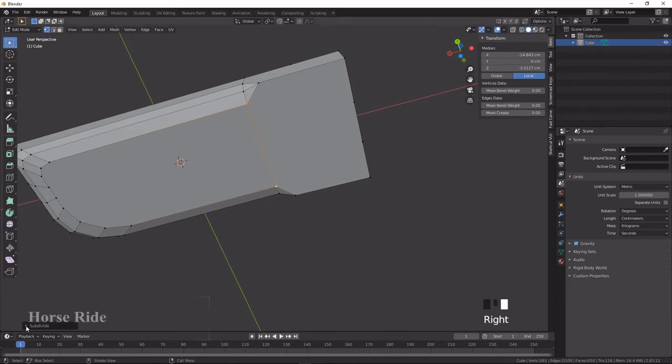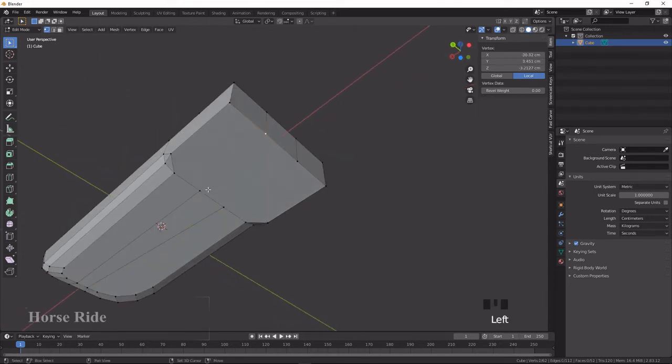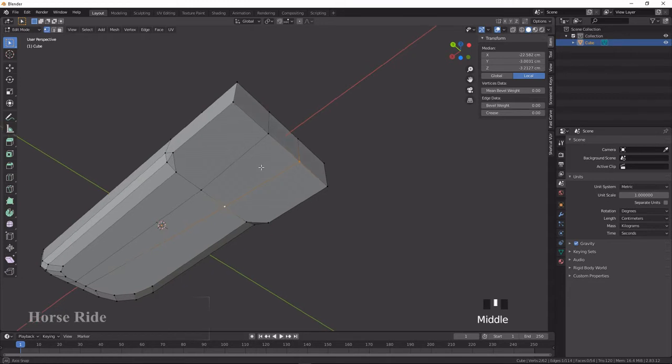Subdivide it and select this menu and change it to 2 cuts. So now it's created 2. Select this and this one, press J to join. Select this and this, J to join. Select this edge loop, J to join. Select this and J to join.